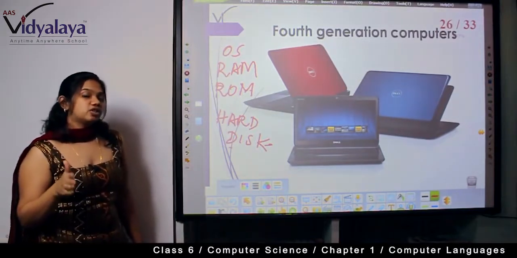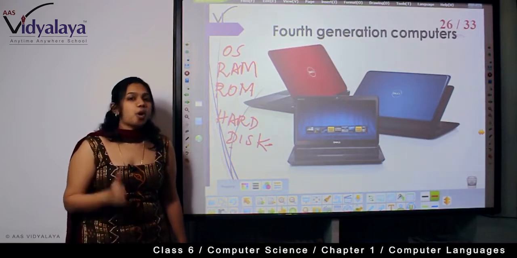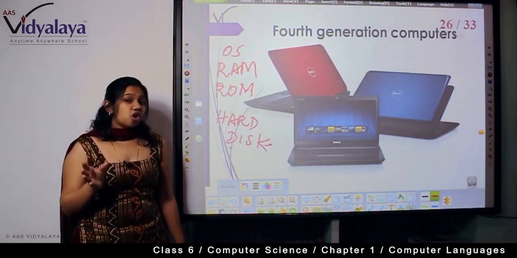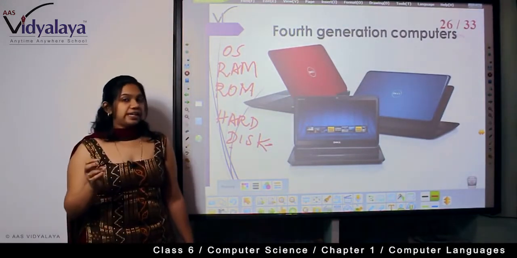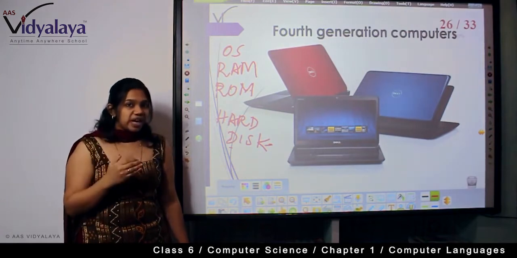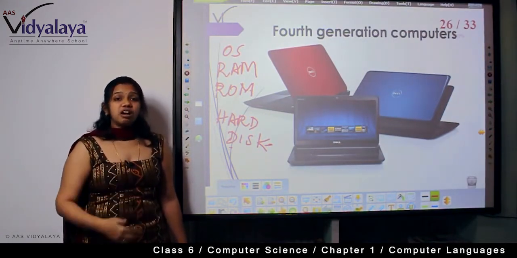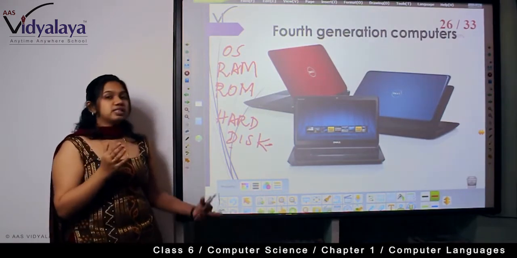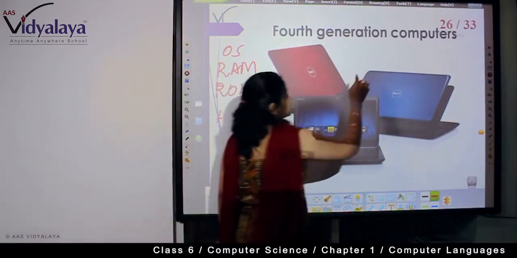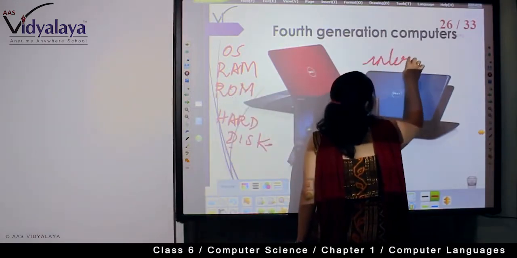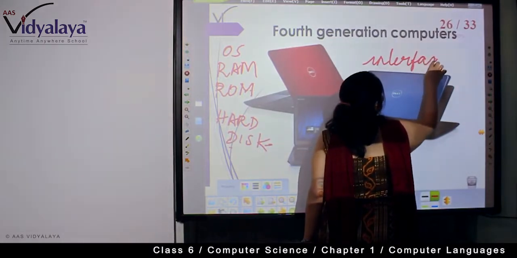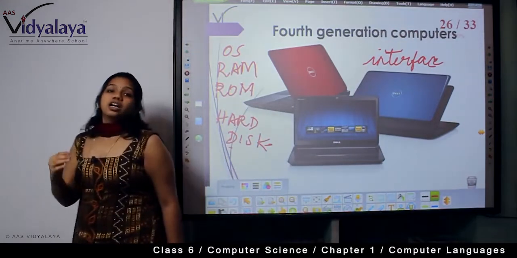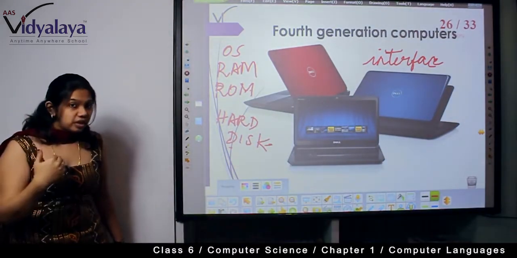What is the OS that it's got? Has it got a current version of the operating system? What is an operating system, children? We remember we saw something called assembler, compiler. Yes, in the same way, an operating system is an interface, a translator between a human being and the system. An operating system is nothing but an interface. What do you call it? Interface. An operating system is called an interface that will help us in translating whatever a human needs to